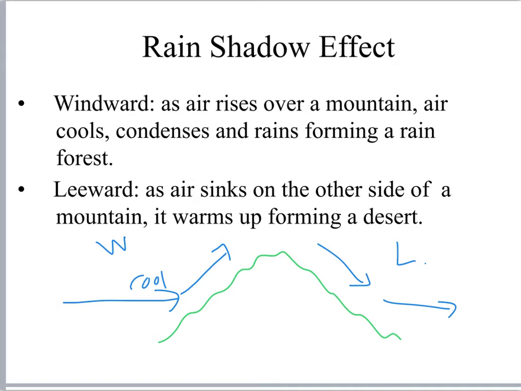Once it cools down, then it can condense and form a cloud. Once it forms a cloud, then it can rain. So we have lots of rain on one side of the mountain. As the air sinks, it's going to warm up on the other side, and there is no more moisture. So we often get deserts or very dry climates on the leeward side of the mountain. Plus, it's going to be hotter on the leeward side of the mountain than it will be on the windward